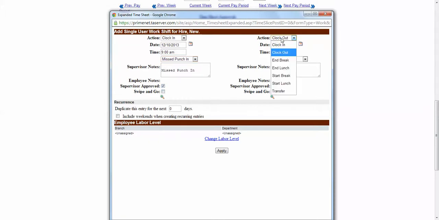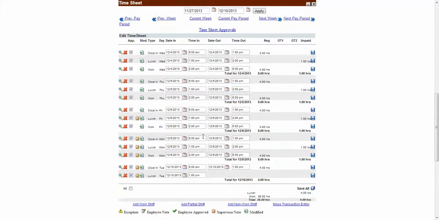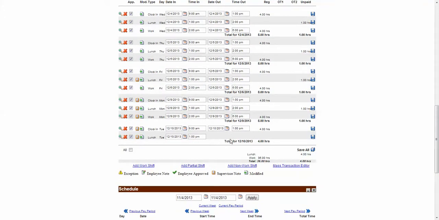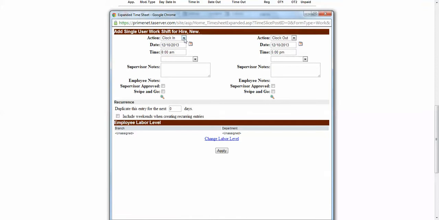The next action, of course, is going to be to start lunch. She tells you that was 1 p.m. and apply that. Here's half of the day telling you that she arrived at 9, she clocked out for lunch at 1, began lunch at 1. To add the rest of her day, you add work shift, you end the lunch